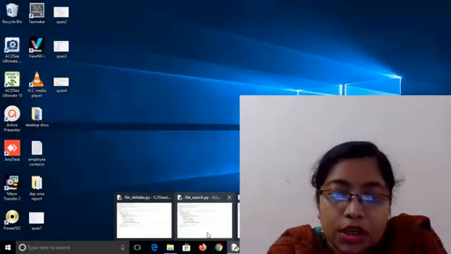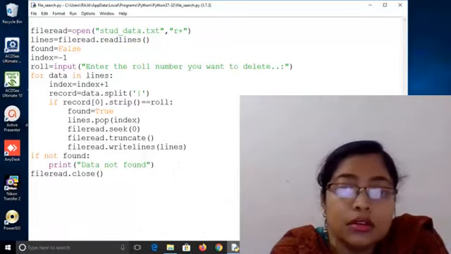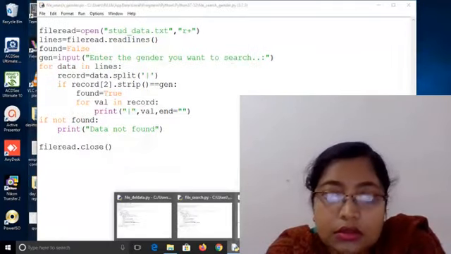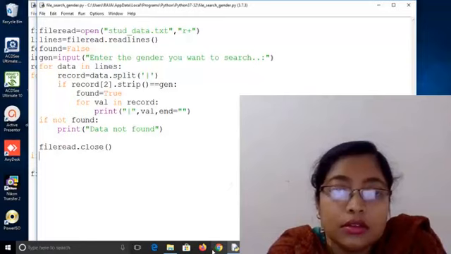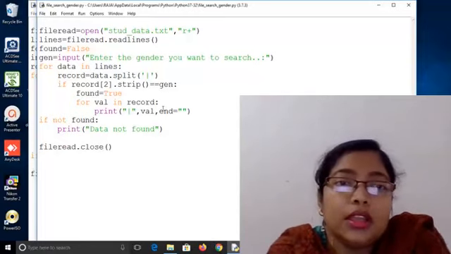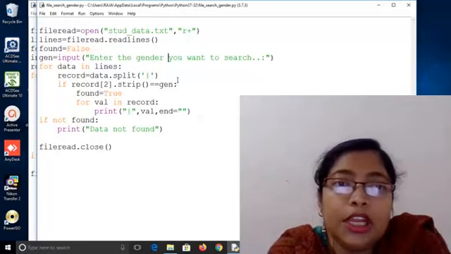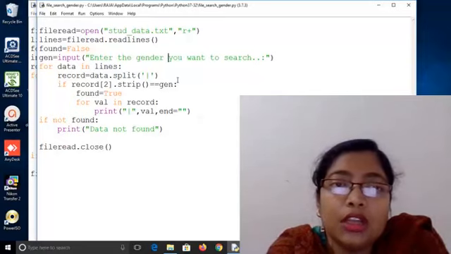At first, look at this program. Here in this program, I have searched the file gender wise. A particular gender will be inputted, that may be male or female.